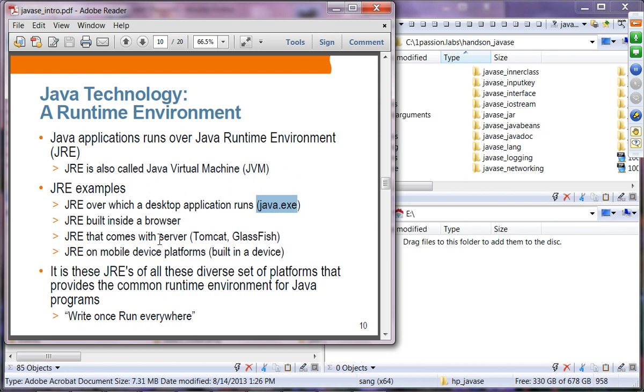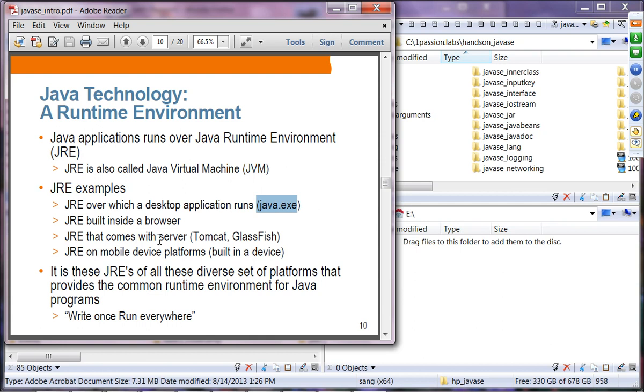The server: when you are running your enterprise application built with Java EE, you are going to run that application over a server such as Tomcat or Glassfish. These servers come with their own version of the Java runtime environment.